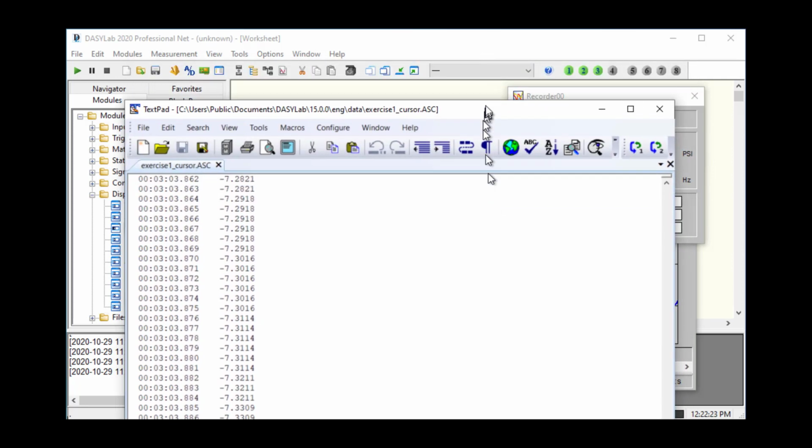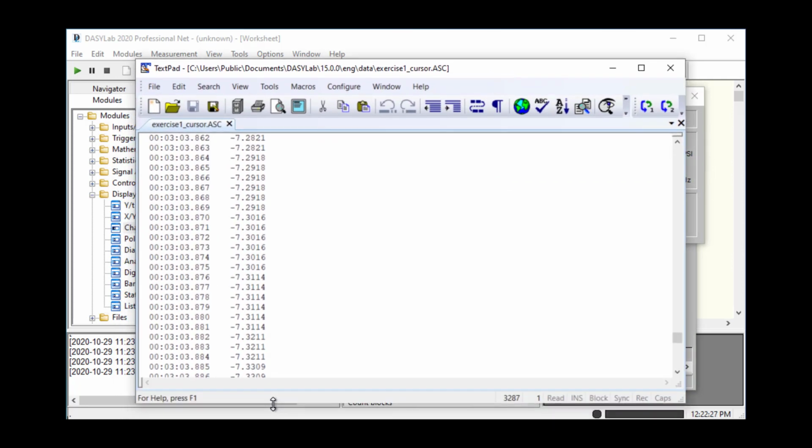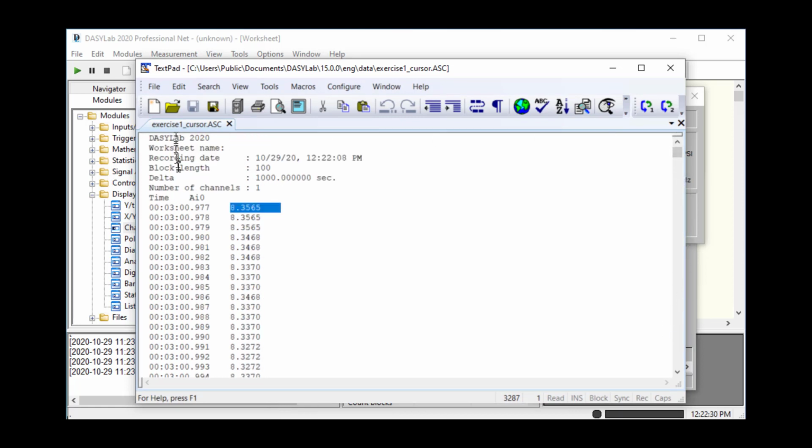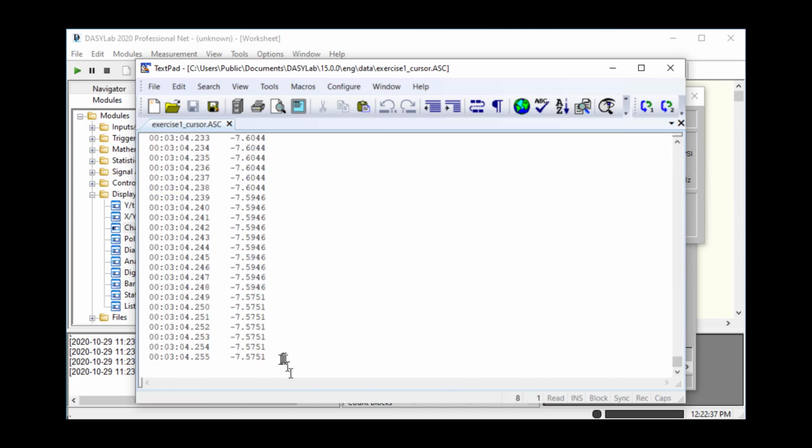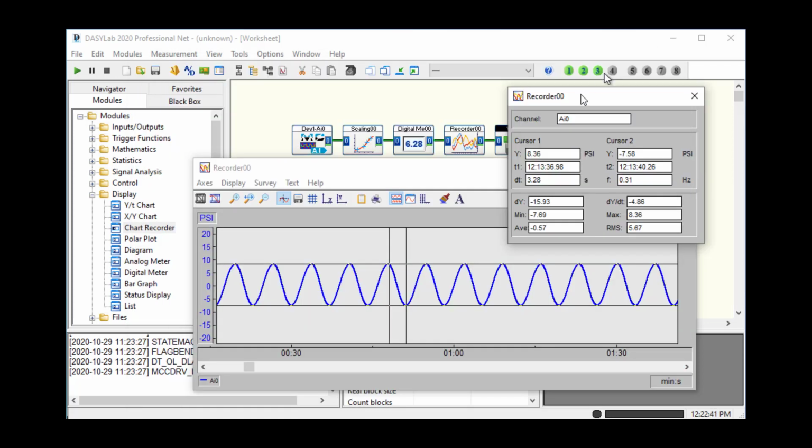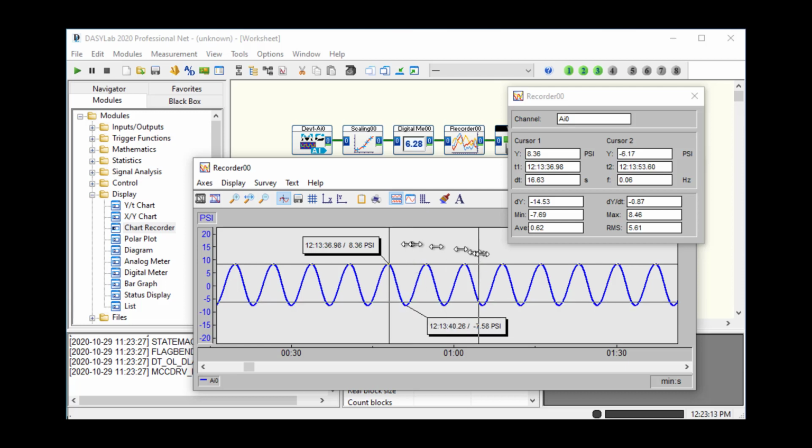Let's make this visible on the screen. So it starts with a header just like any other DASYLab data file. It starts with the beginning of that cursor range and it saves all the data down to the bottom of the data range. So this is a way for you to analyze your data manually by digging in with cursors, getting data points. If you want to visualize what that value is, if I click on the first cursor and click the space bar, it drops a little text label that tells me the time and the data value on that cursor. And as I move the cursors around,